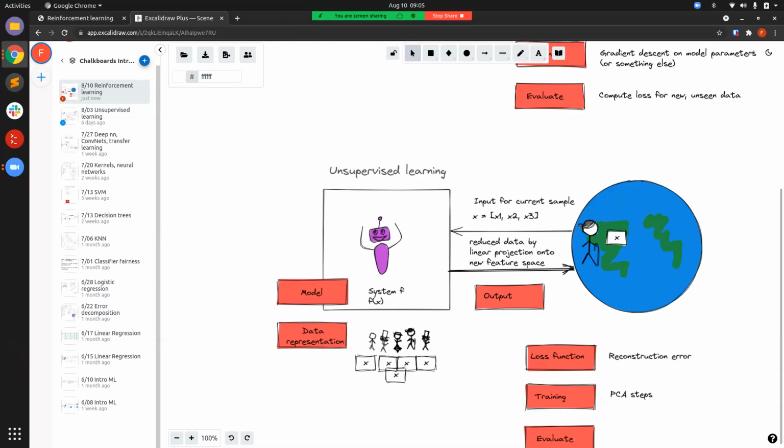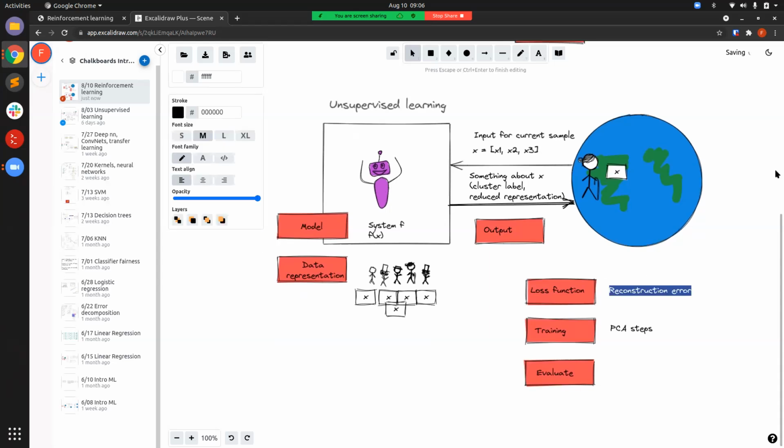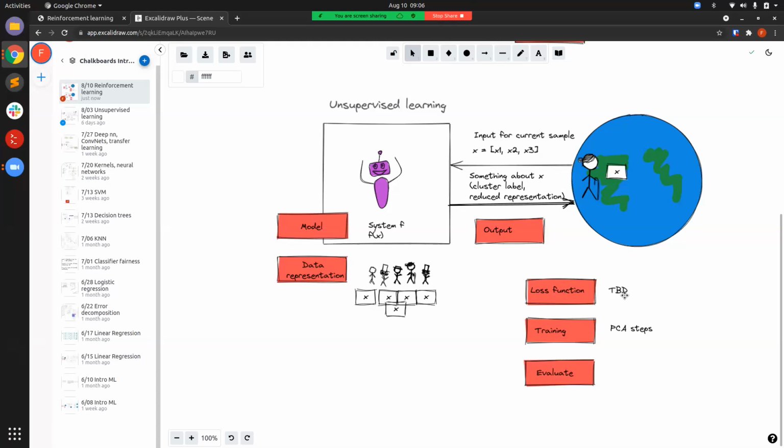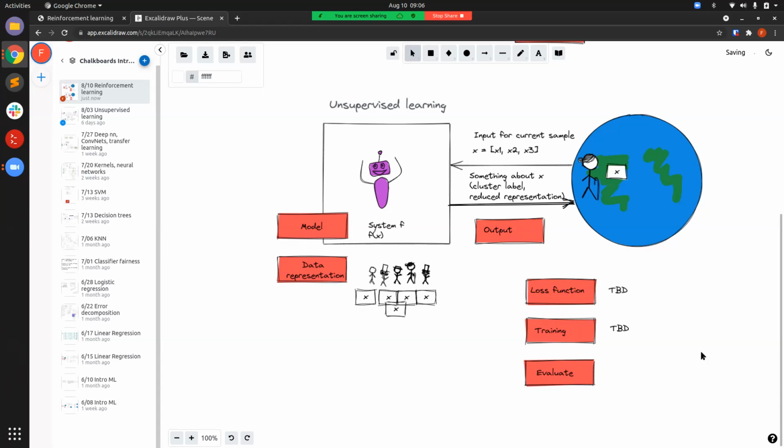We have some data representation that's just X. And the thing we want to learn is something about X. So it might be a cluster label, it might be a reduced representation. And depending on what it is about X we want to learn, we might have different loss functions. For example, if we want to learn a different representation of X, we'll use reconstruction error. If we want to do clustering, we might use, let's say, the mean distance from each point to its nearest cluster center,